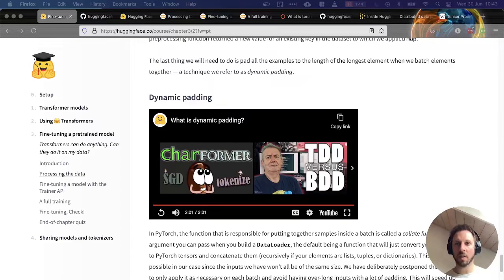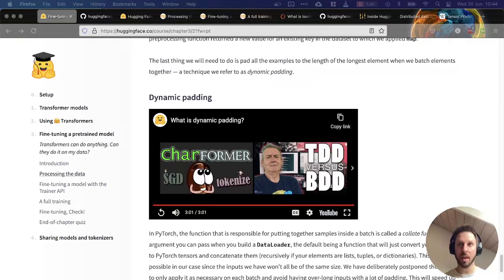Okay, so that was a nice explanation of dynamic padding. Just to summarize, if I have a data set with say 1,000 examples, and let's suppose that one example is just way longer than all the others, maybe there's an error or something. If I just did my tokenization on this data set, as we just did before in the Colab, and we pad to the maximum length of the longest example, then all the samples will get pushed out to this very long one. And so we'll have a lot of zeros everywhere that we have to then do computations